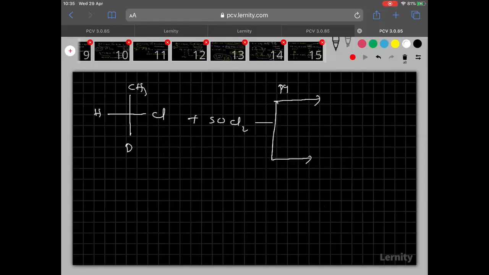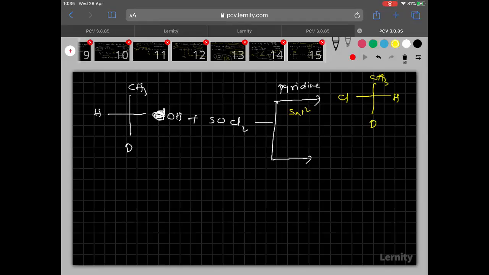First, I will take the presence of pyridine. What happened? SN2 mechanism. When the mechanism is SN2, inversion takes place. Here I think I made a mistake, we have to take the alcohol, sorry. Please make a correction here. The nucleophile attacks from the back side. Chlorine attacks from the back side, where hydrogen is there, and that hydrogen will come to the front side. The vertical line is constant. This is called inversion.